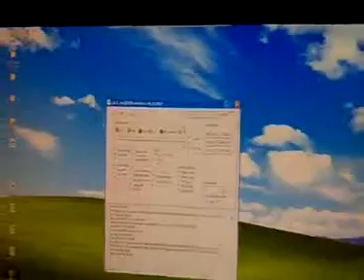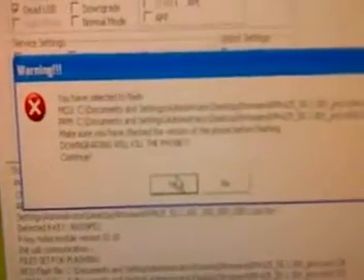Now once you have done it, you put the USB cord in. Make sure that your phone is switched off. Just keep it aside. Now again come back to the desktop. As your files are ready, now select flash. Once you select flash, it will show you a warning. Select yes.